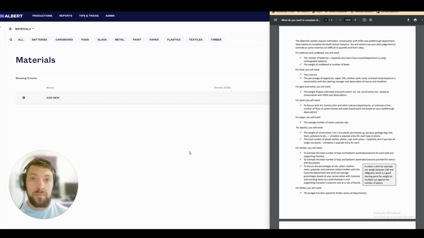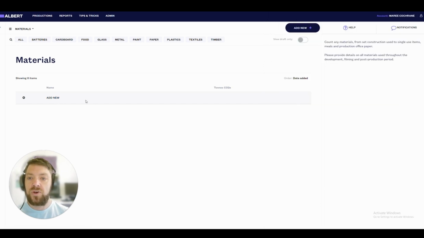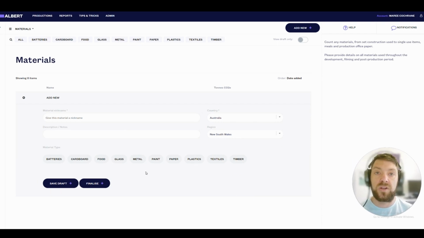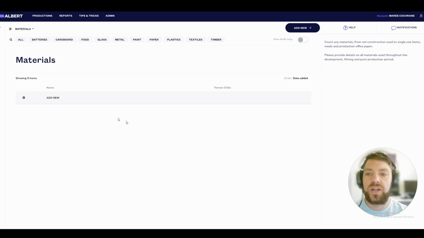So I've logged into my dummy production of 10 bedrooms and I've navigated to the materials section. You'll see that in this section we are required to put in all of the materials the production purchases, from batteries, cardboard, food, glass, metal, paint, paper, plastics, which will include foam, textiles and timber. Okay, now let's do an entry for battery. So I'm going to click Add New,